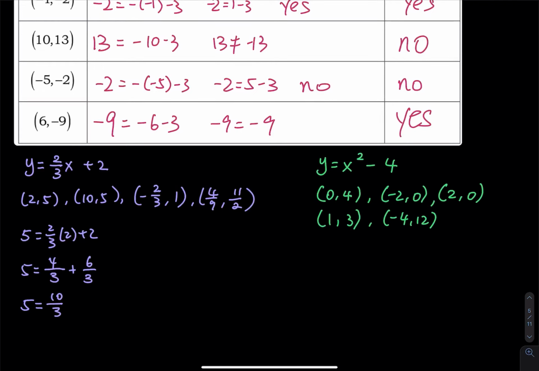Is 10 divided by 3 equal to 5? The answer is no. So that means the first ordered pair is not a solution. So this, not a solution. And then let's check the next one. When y is equal to 5, we have 2/3